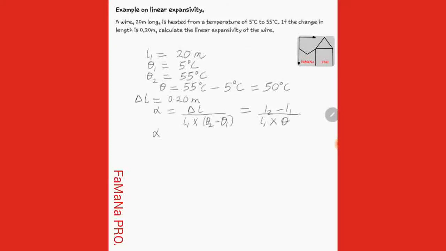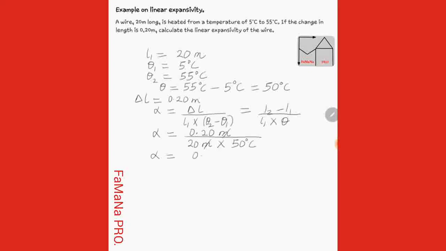So the linear expansivity will be equal to, if we insert the values given to us, the change in length, which is 0.20 meters, divided by the initial length given, which is 20 meters, that's the initial length of the wire, multiplied by the temperature change, which is 50 degrees Celsius. So the linear expansivity will be, if we work this out, meters will cancel meters, so